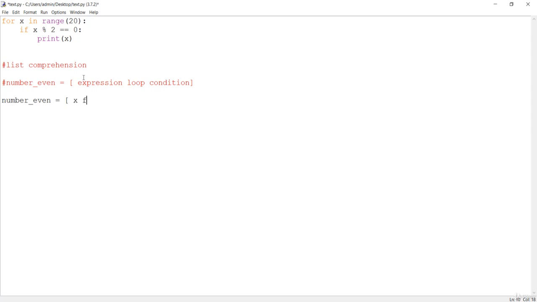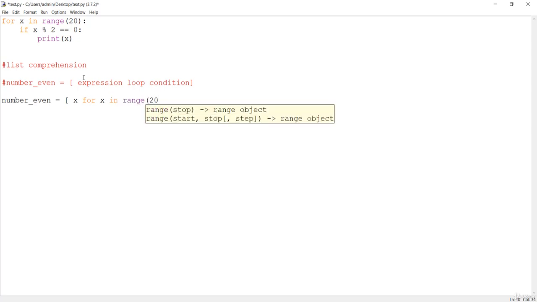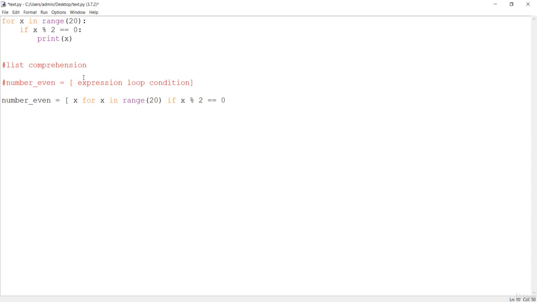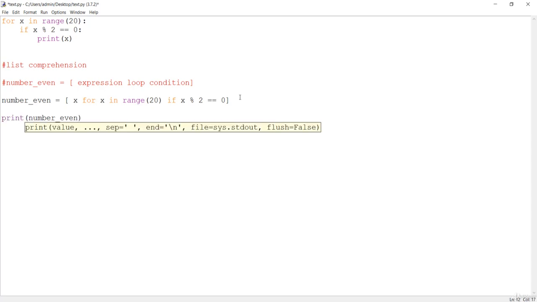After that it should be the loop, which will be for x in range 20, which is our loop, and the condition. Now the condition here is if x modulus of 2 is equal to 0. So this is your condition. Just close your list, because this is going to return us a list, so you have to close your list. And now let's print my even number.